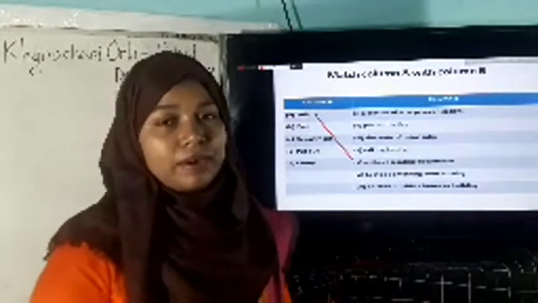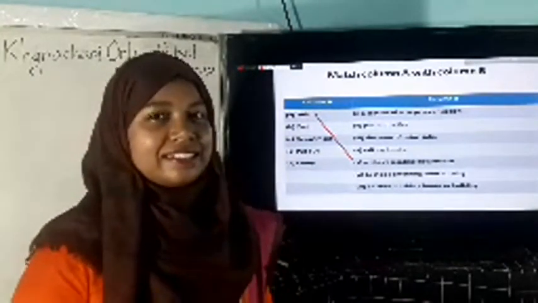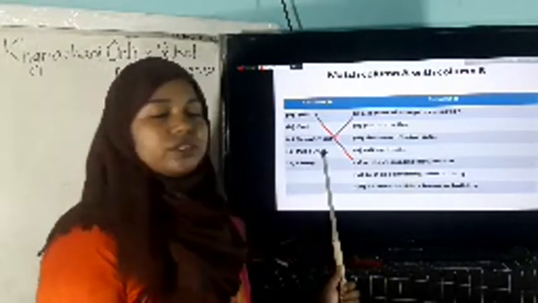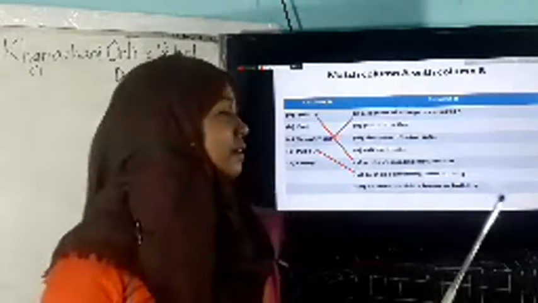Next, it's department. Department. And which sentence will match with department? Can you guess it? Okay, the answer is a section of a large organization, that is department. Next, it's put out. The sentence that will match with put out is to stop something from burning. To stop something from burning.